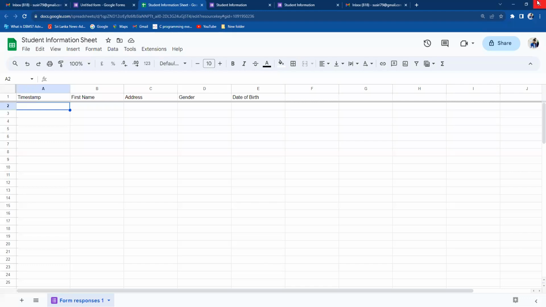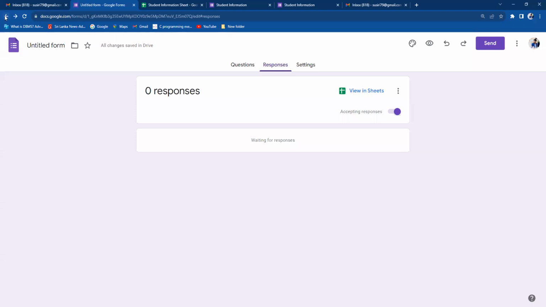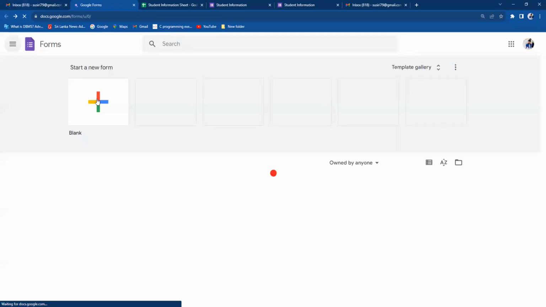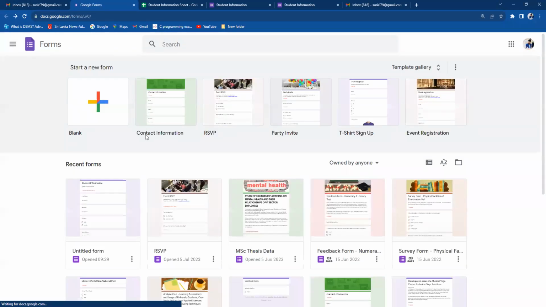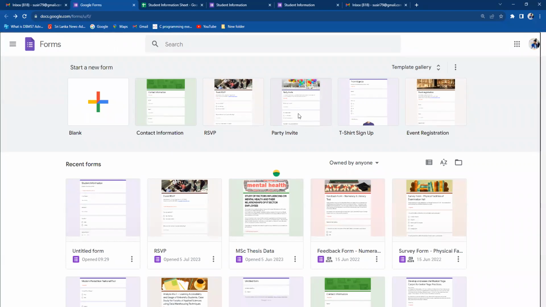Then we can use these Google Forms to collect data. If you can remember the templates that are available in Google Forms, you can gather contact information from users. You can create party invitations. So as an example, if you click this party invite template,